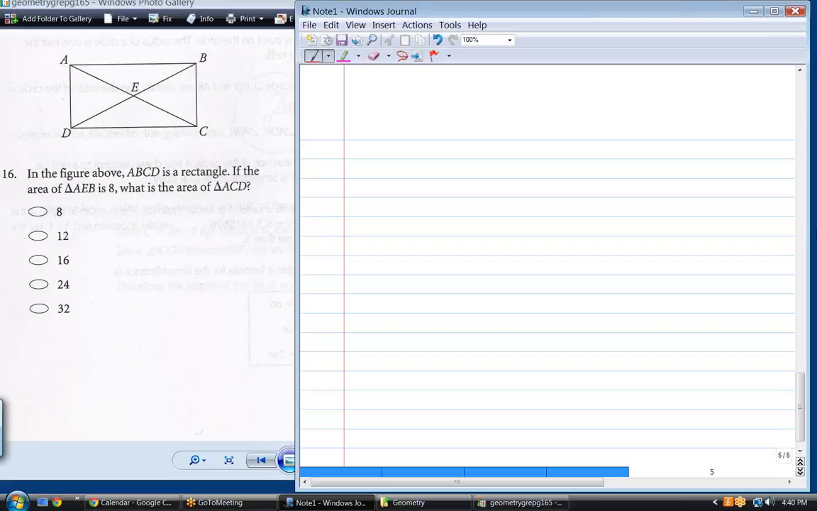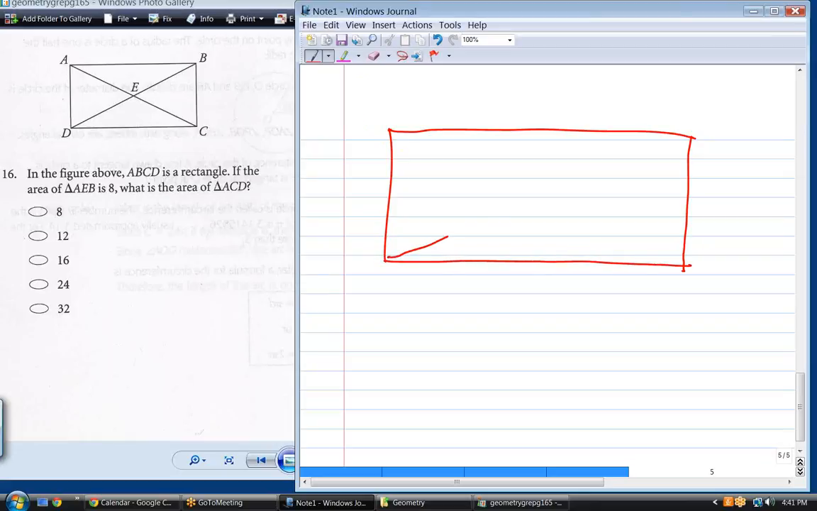Okay, so ABCD is a rectangle. And the area of AEB is 8. So ACD. So that's an isosceles, right? Where two sides are the same? It is. Yeah. More importantly,